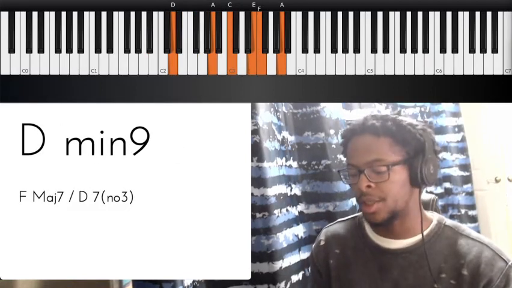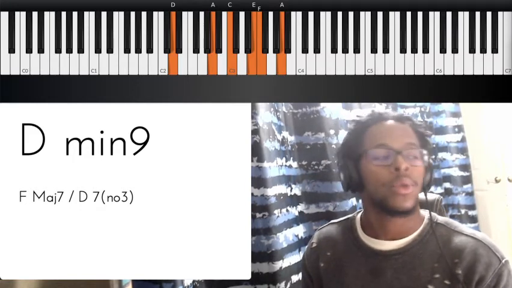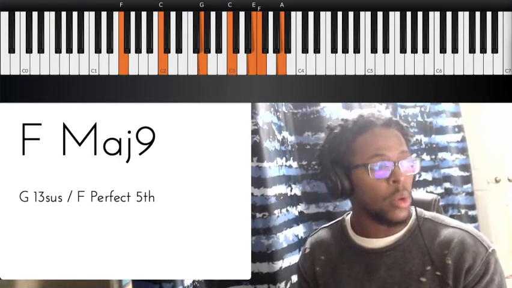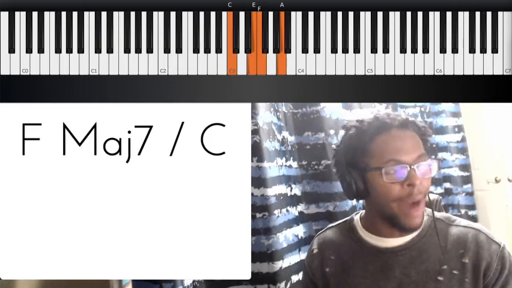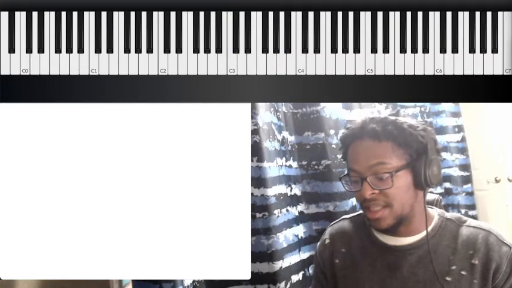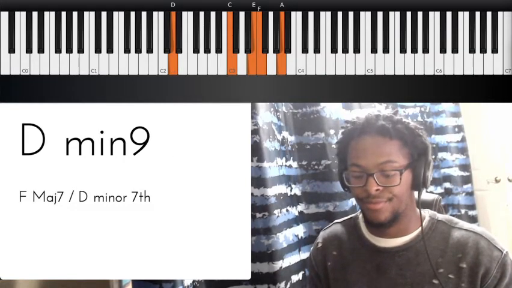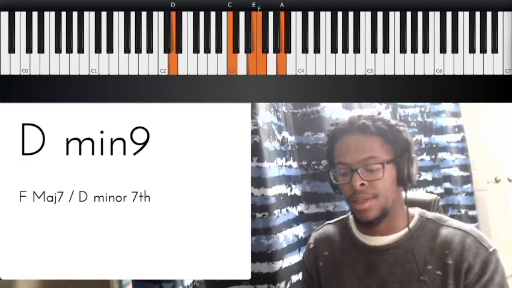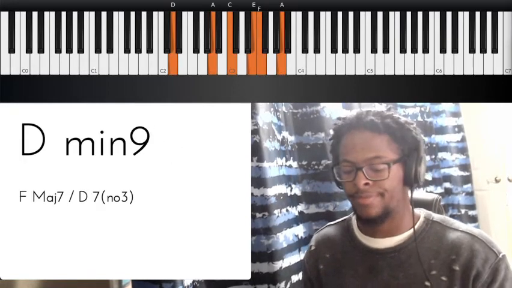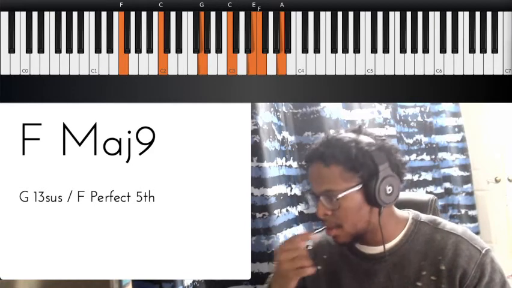Even when it goes to that little instrumental part, see right there? I'm not changing that. I'm literally just keeping that. This is really just an F major 7 over a D. So 6, 1. And it's good to reference everything with numbers, because when you get numbers down, first off,